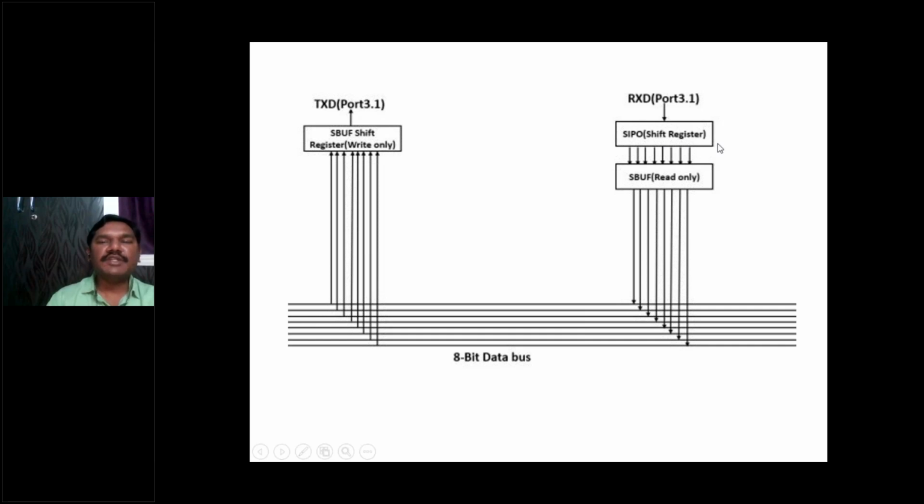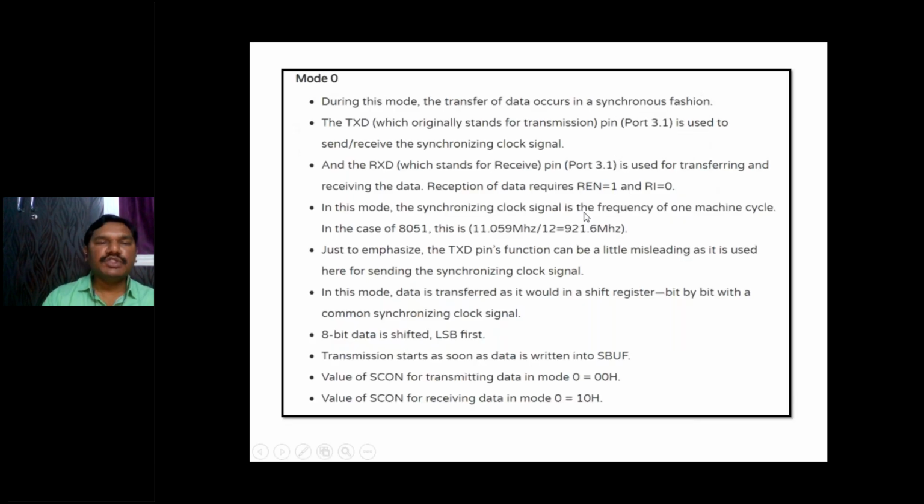See, this is mode 0 operation. You can see the shift register mode, right? It can act as a transmitter as well as a receiver, which is called a transceiver circuit. Now, when you are sending data from transmitter to receiver, in this mode 0 operation we use a shift register, which means it will shift the data bit by bit. When the data has completely shifted, only then can one more data be shifted from left to right or right to left. That's why it is called the shift register mode in mode 0.